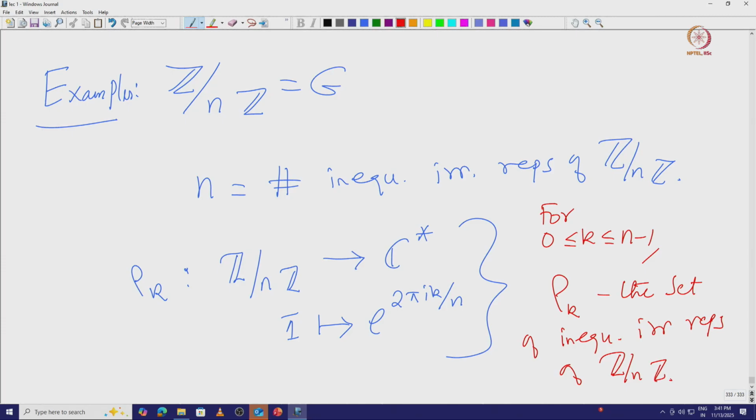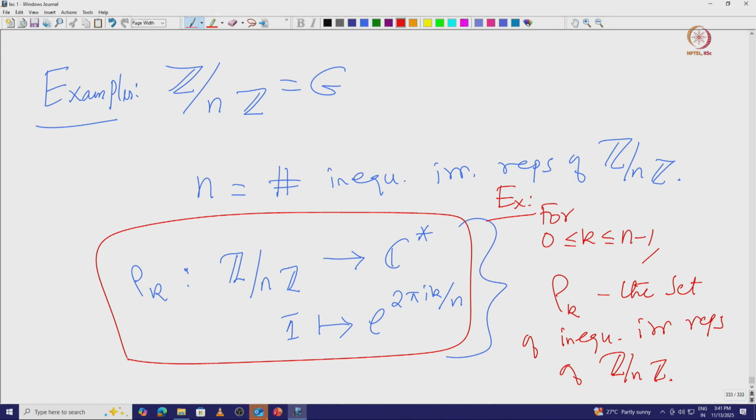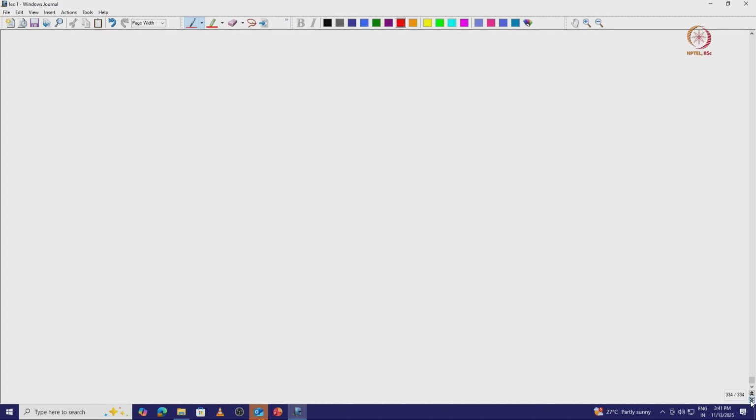Since they are all inequivalent irreducibles and we can have only n inequivalent irreducibles, these are all the inequivalent irreducible representations of Z modulo nZ. This is immediate from the result that we have proved. It is actually easy to prove in this special case, but we have proved this strong result even for general finite groups. Now you can take it as an exercise and verify directly that the regular representation